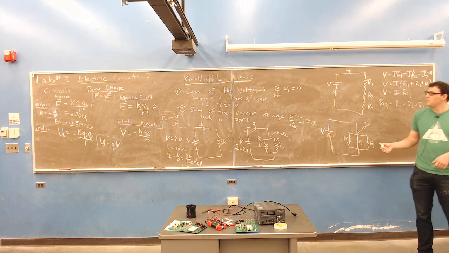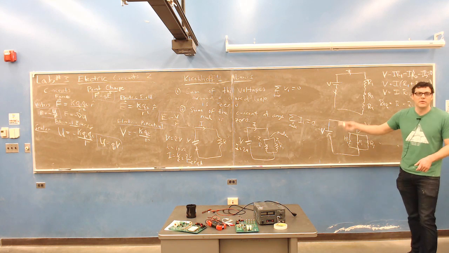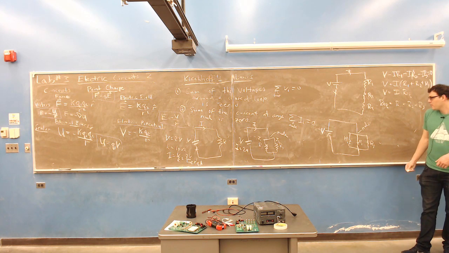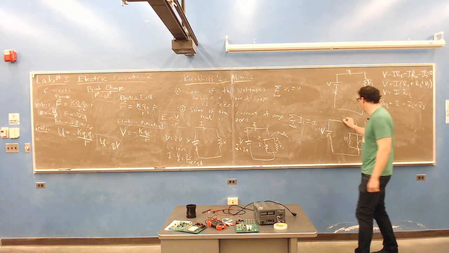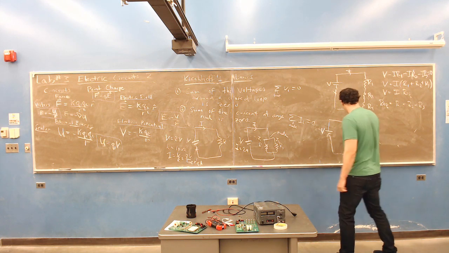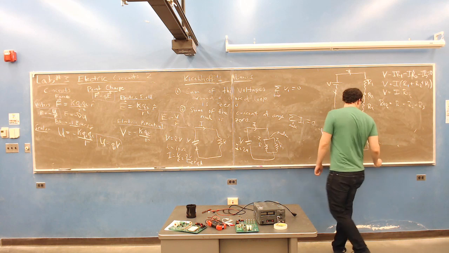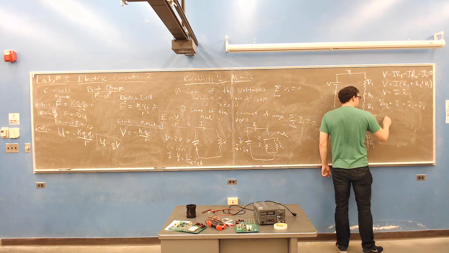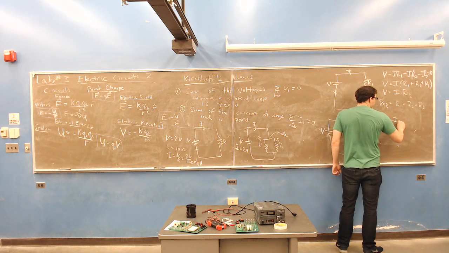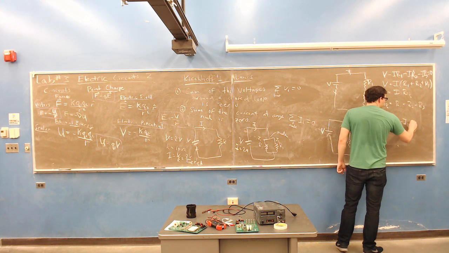The sum of the currents at any node must sum up to 0. So we have some current going in, I. We have a current going through each branch, I1, I2, and I3. So it says I minus I1 minus I2 minus I3 must be equal to